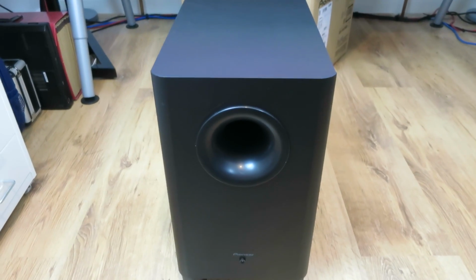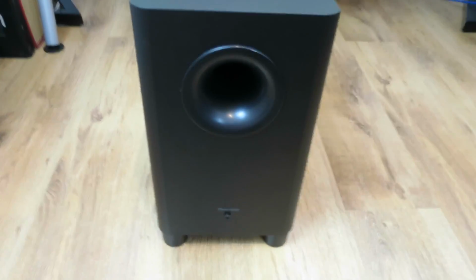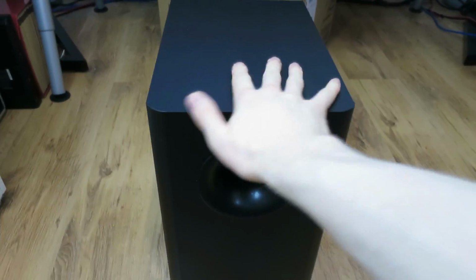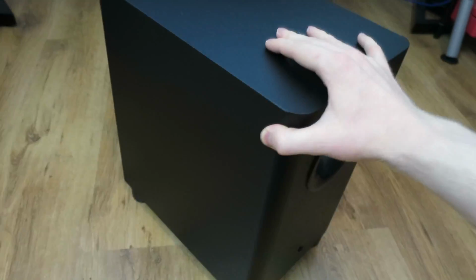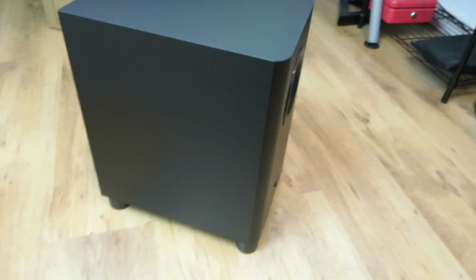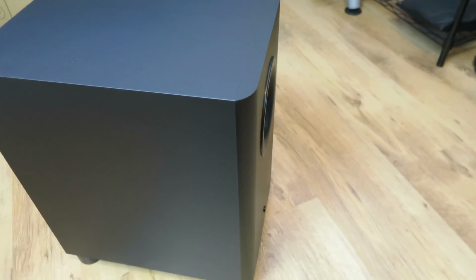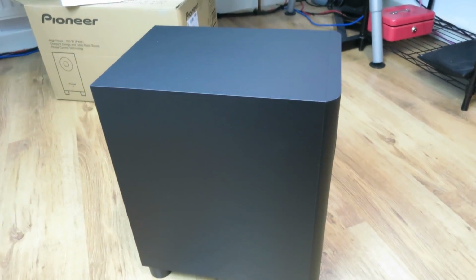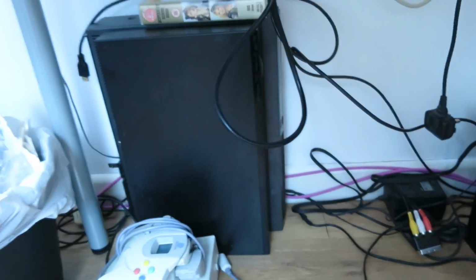So here is the sub itself, and as you guys can see, if I just bring my hand into the frame, it is quite a big enclosure, definitely much bigger than my existing subwoofer. It is very, very difficult to find small active subs that are comparable to something that would come with a home theatre in a box kind of kit, like this Samsung one that I've been using, and yeah,